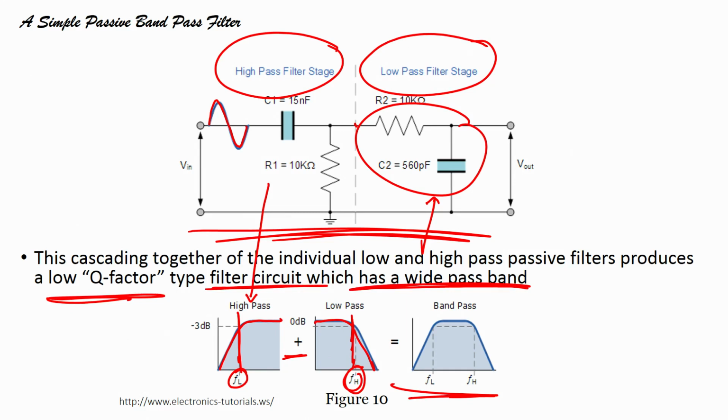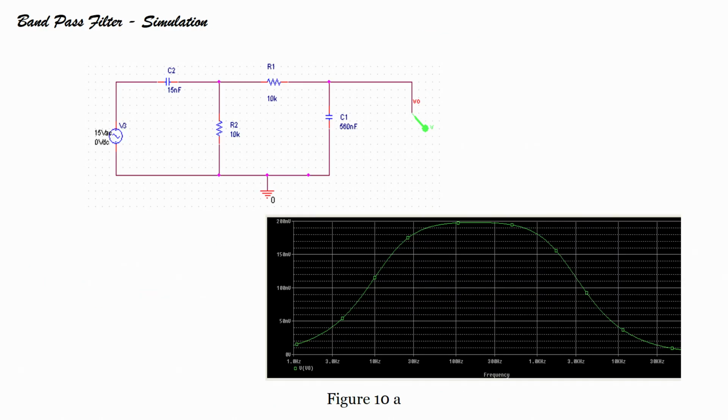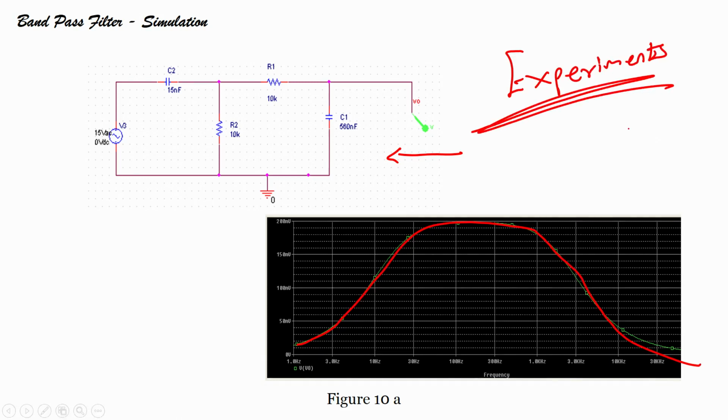Very easy to understand band pass filter once you know how the low pass and high pass filter works. We will do this experiment also, using Simulink. We will perform a simulation with software and see how we can design this circuit using Simulink and how we can obtain this plot for the band pass filter. This we will perform in the experimental portion, when we perform the experiments for designing the filters.